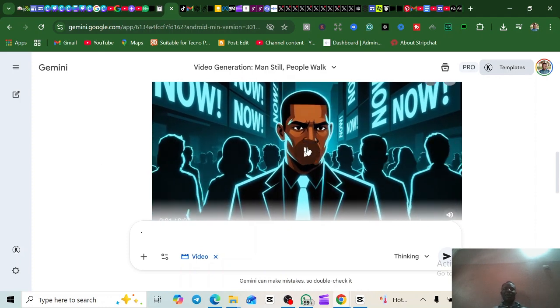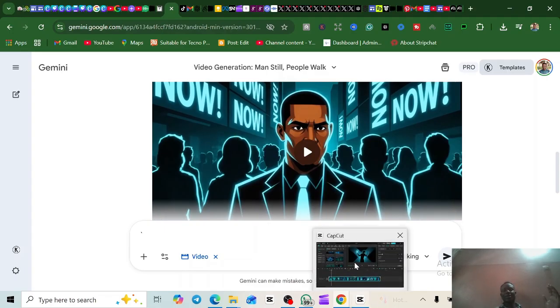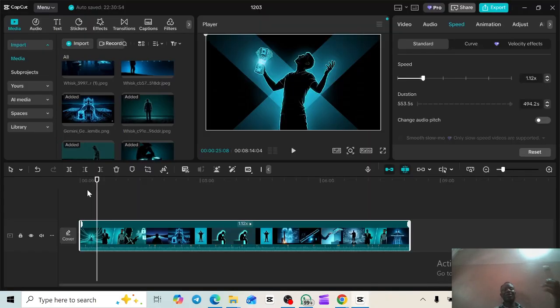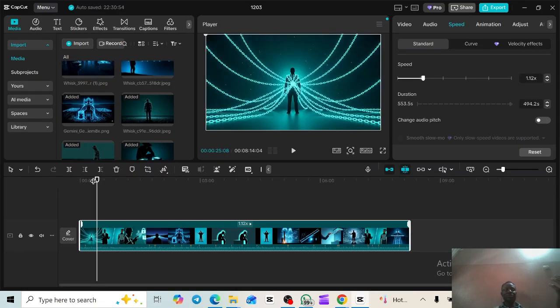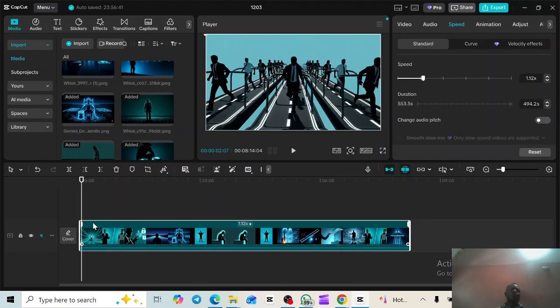Good. So you can now use this also as a hook. So let's say you're making the whole video in CapCut, and you're editing it. You can now use this one as a hook, the same way I use something like this as a hook. I normally do this a lot of times. So let me just pause the audio. I normally do this, so you can see this. So you can also use it as a hook to create your own videos.